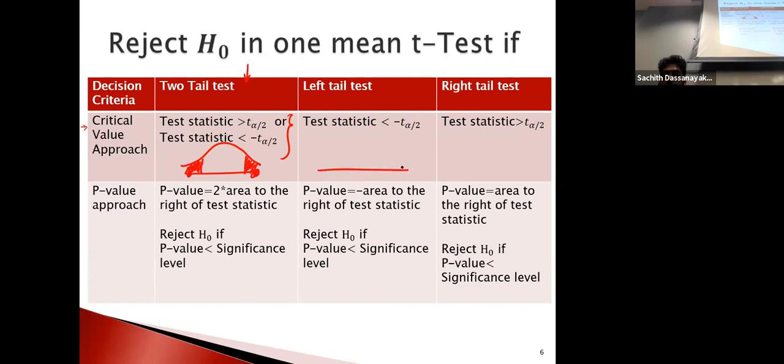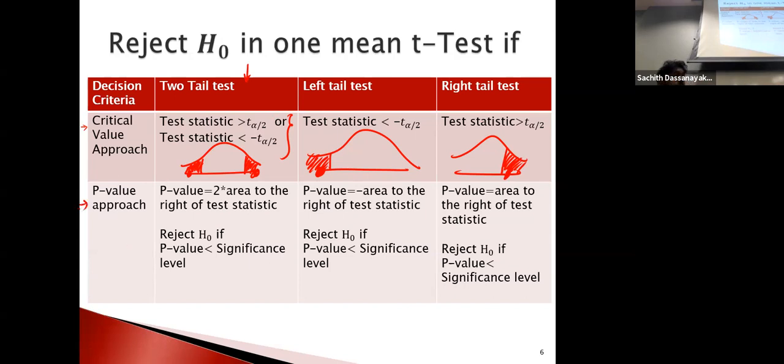Okay. Same here. This is left tail. So your rejection region is this part. If your test statistic is somewhere here, you have to reject it because it is in the rejection region. Same thing applies here. This is right tail. If your test statistic is in this colored area, right hand side, you have to reject your H naught. Same decision criterion. Okay. Right. I'm talking about this value because this is the critical value. So this value on the T axis.